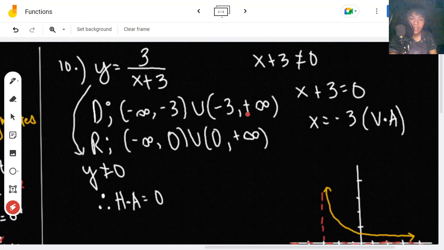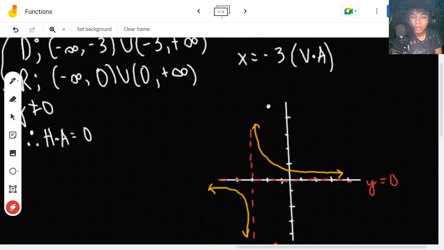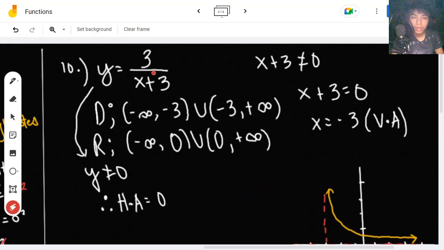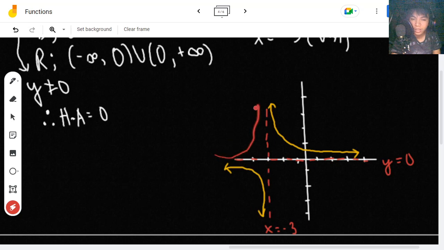Take note that when the numerator is constant, then you will do the curve from quadrant 1 and quadrant 3. This is when there's only constants on your numerator, and when it has an x or such, you will graph it from quadrants 2 and 4. Okay,